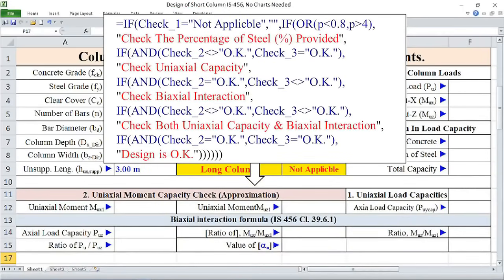Now we are on the last line of the design of short column as per IS 456, no charts needed, in Excel. Finally, we have to develop a final statement on our design calculation. To do this, we have to consider the merged cells from A10 to F10. The formula for the final statement contains 5 parts. Formula is: Part 1, equals to, if, open bracket, check underscore 1 equals to not applicable, comma, blank quotation, comma,